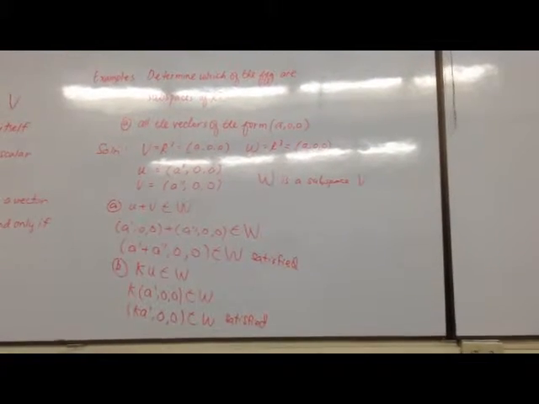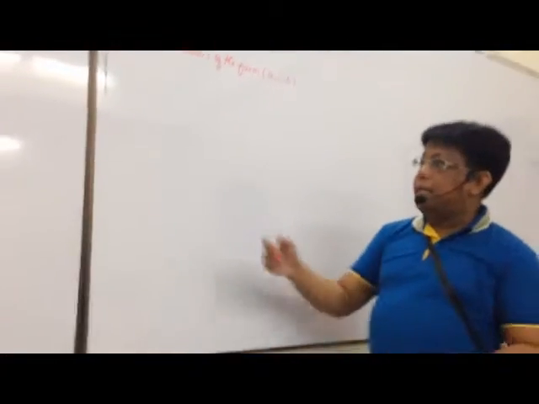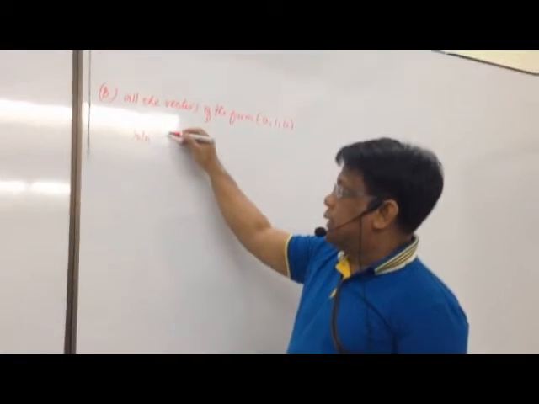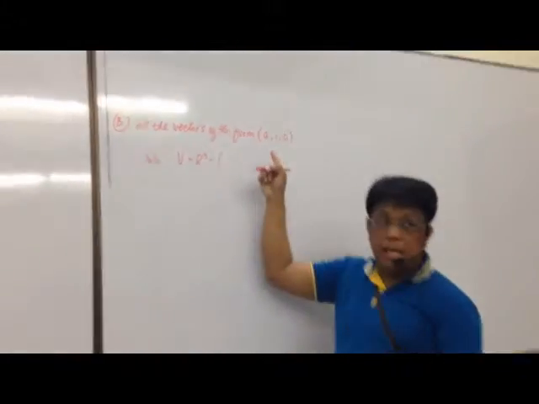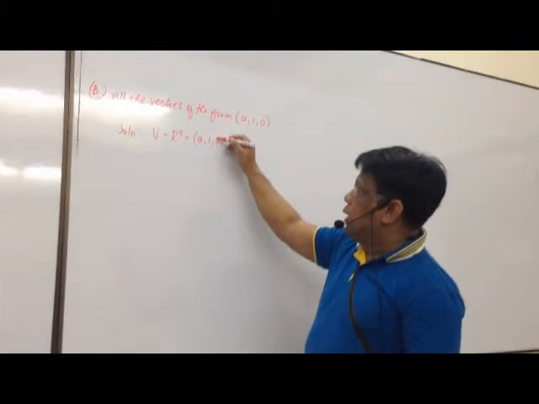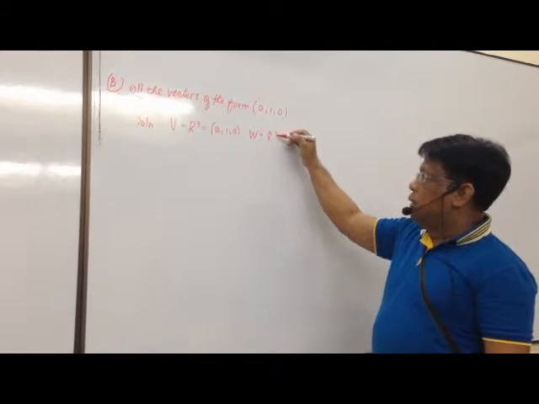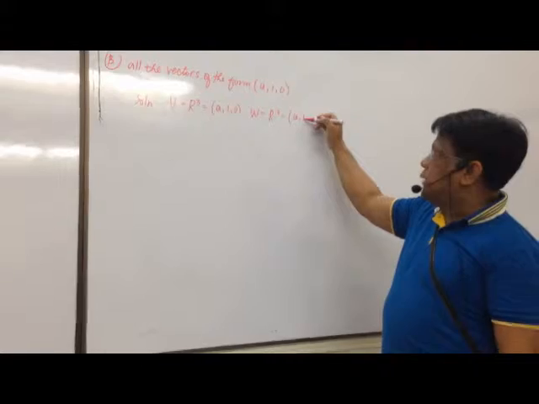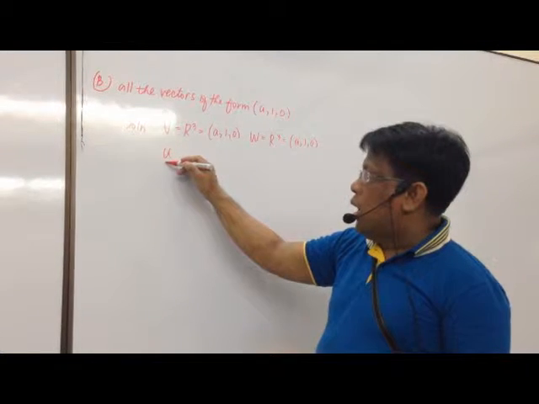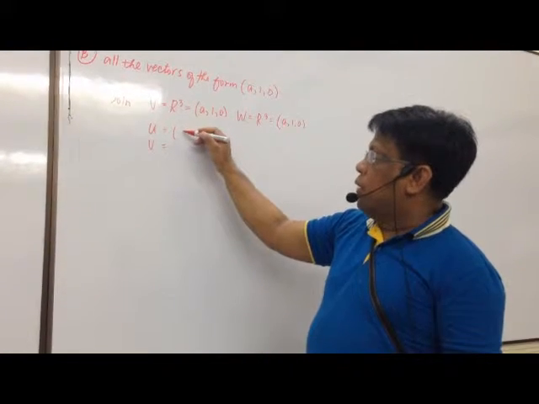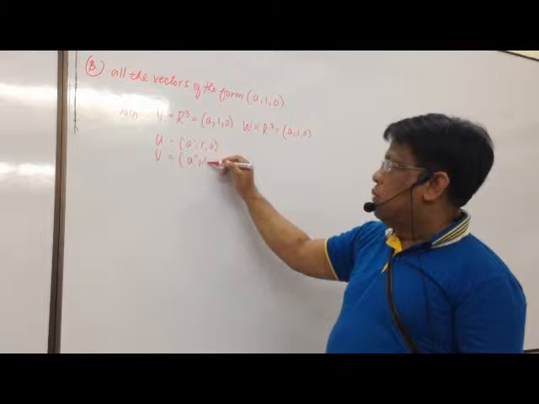Okay? None, class? Here, class: all the vectors of the form A, 1, 0. Again, we proceed with the first step, which is identifying your vector space V, which is R cubed, which contains components of the form A, 1, 0. Then your W, which is also R cubed, has the same components as your vector space V. Then your other two vectors, U and V, where we have A prime, 1, and 0 for vector U, and A double prime, 1, and 0 for vector V.